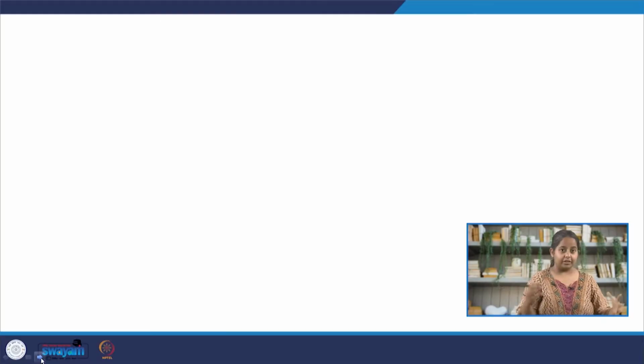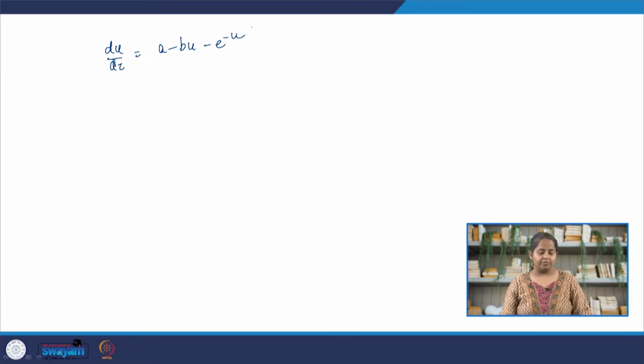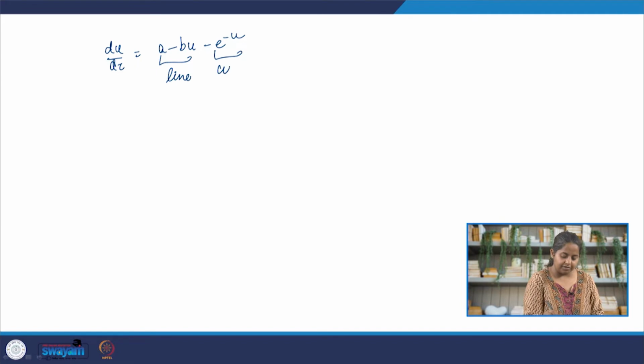So, what was our model? The epidemic model, the reduced 1D model. We had du by d tau is equal to a minus bu minus e to the power minus u. So, here we have a line and here we have a curve. So, just to remember, a was equal to n by x naught, this is very important, and b was equal to,